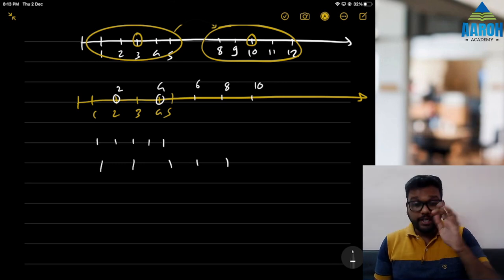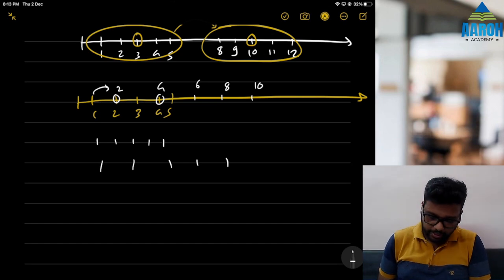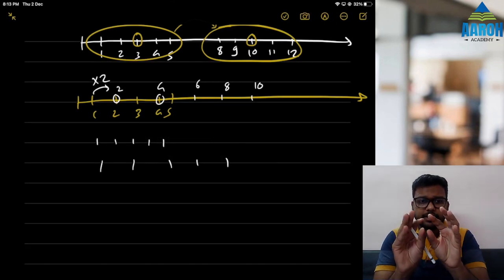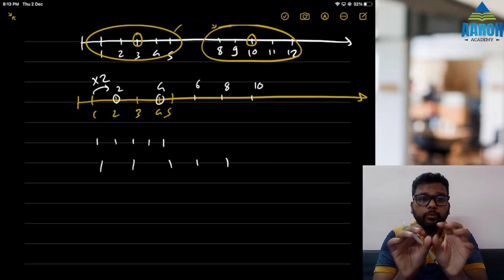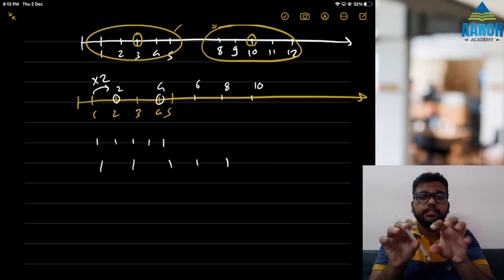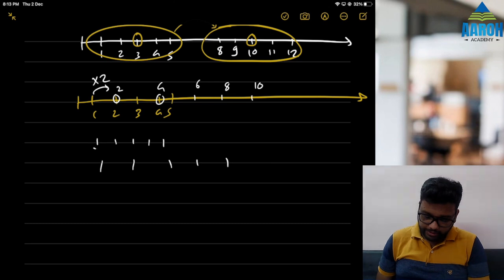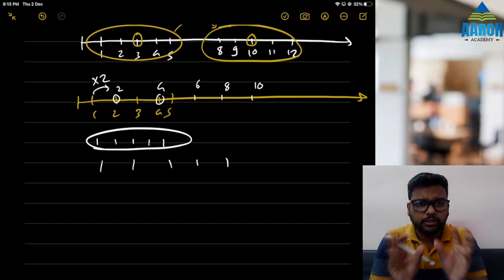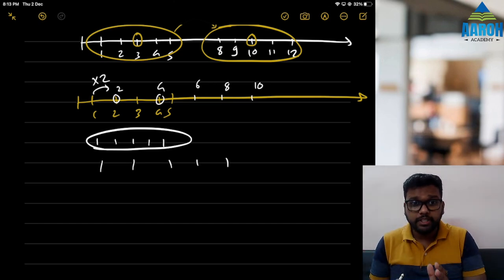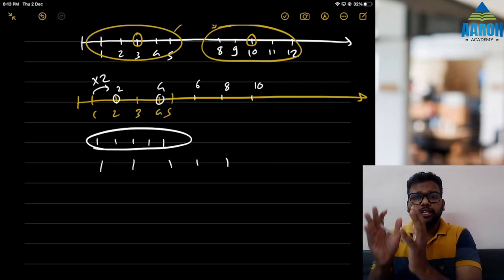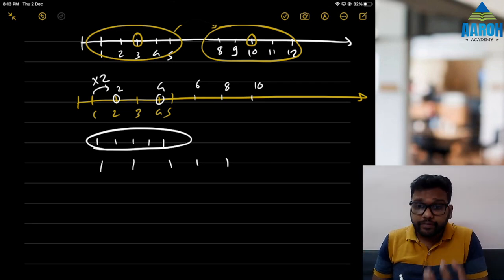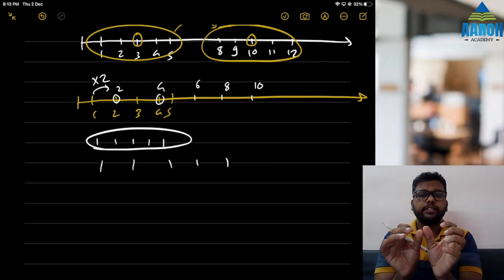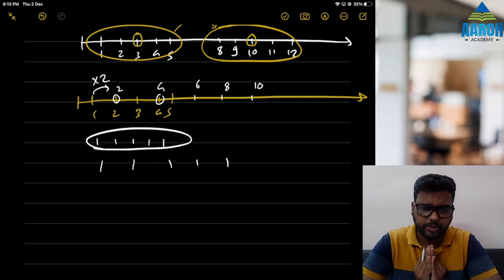That means when we multiply all numbers by 2, we are changing their scale. Scale means size. We are changing size. So imagine you are zooming in. If you zoom into a picture, then the size increases, right? Similarly, you took this shape and zoomed into it, so the distance between them increased. That's it. This is called change of scale. So change of origin means shifting all the values from one place to another. Change of scale means zooming in or zooming out the values, increasing or decreasing the distance between the values.